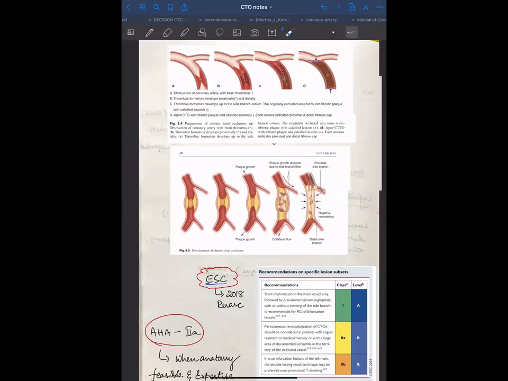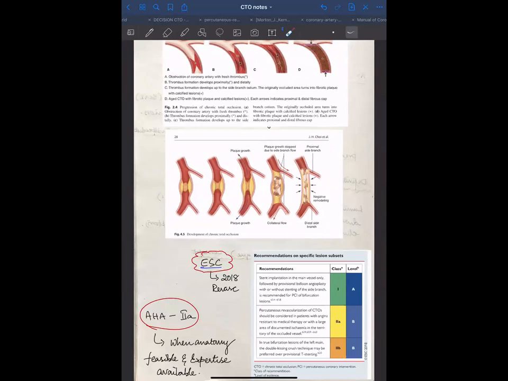How do we know it's negative remodeling? Here we can see, compared to the distal and proximal segments. I understood, but you said that it is negative on CT? Yes, on CT you can be sure that this is a negative remodeling. Basically, if the occluded segment has an outer external diameter lesser than the normal segment, that is negative remodeling. So that we can see on CT.